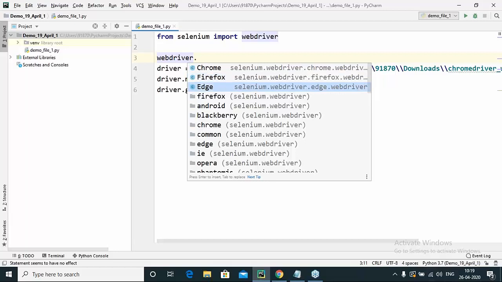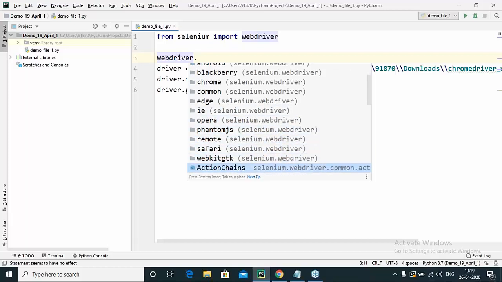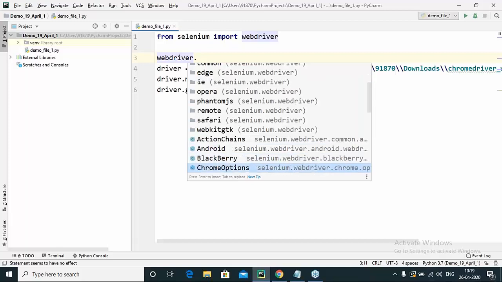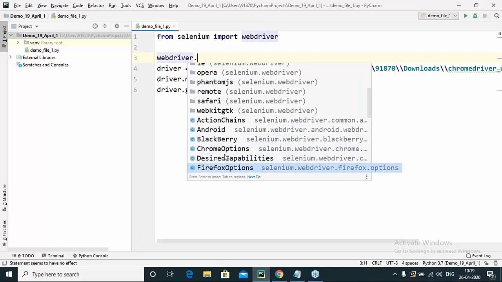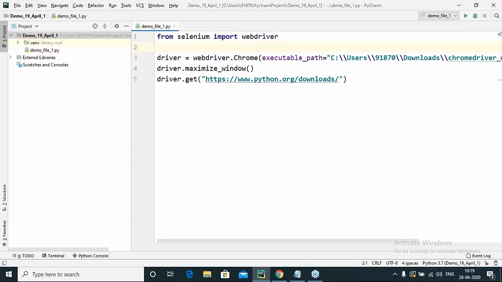If I want to work on Edge, Android, BlackBerry, IE, Opera, or Safari in case you're working on Mac operating system. So these are the browsers available that you can work on using Selenium.